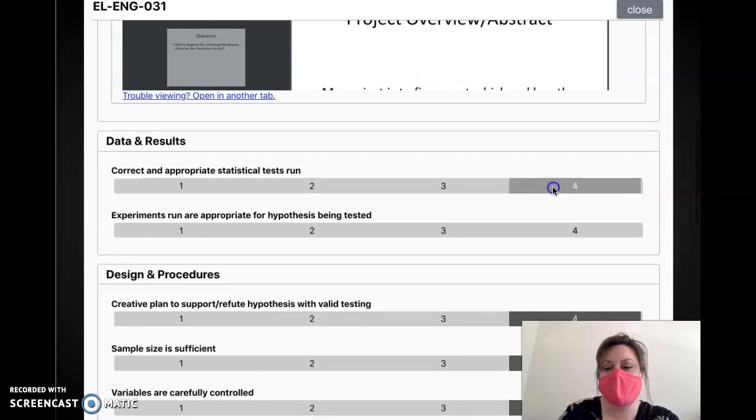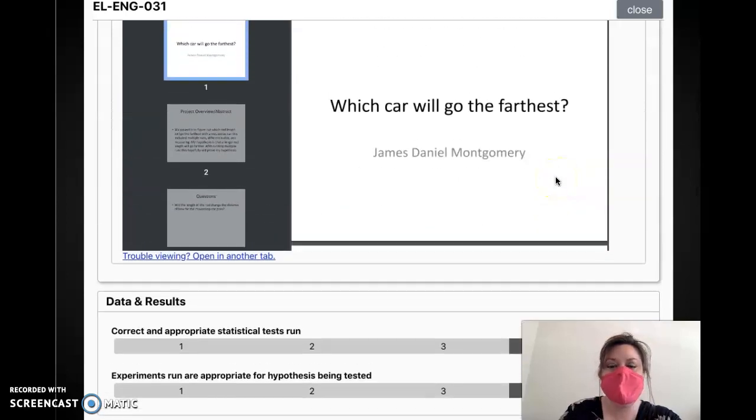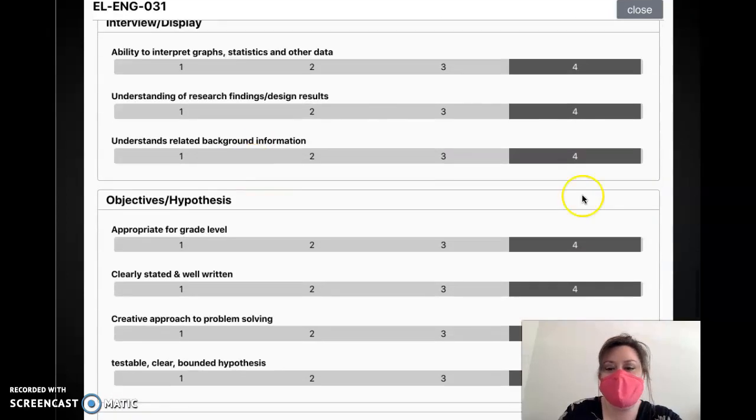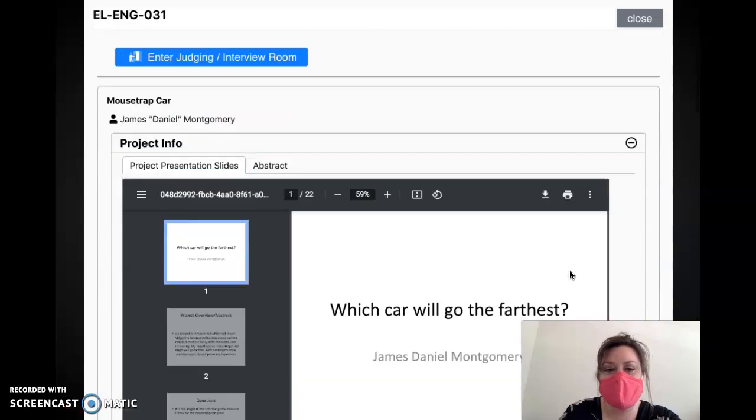So these feel a little out of order to me. I'm going to try and go in and reorder those, but those are the pieces that you're going to look for in the rubric. So you can easily just fill out the rubric here. You just click on those.